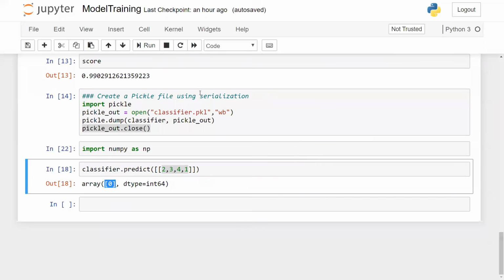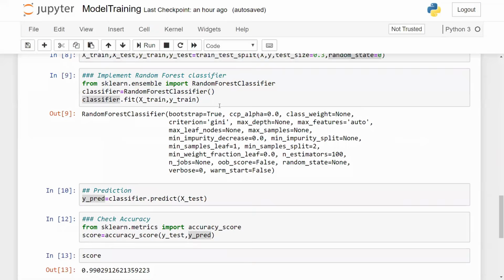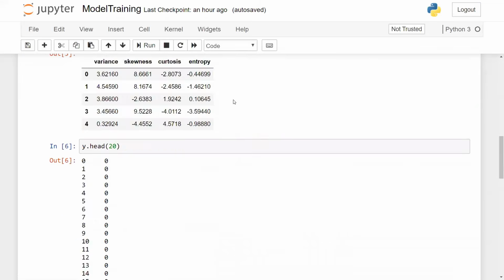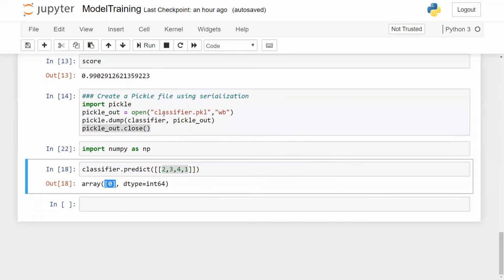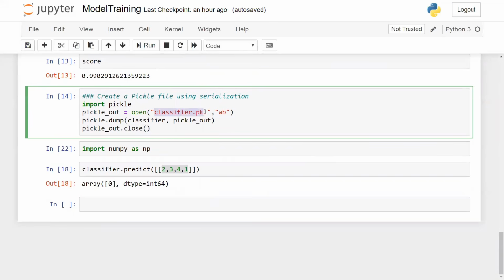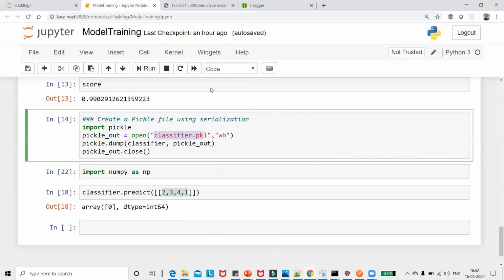This is the most simple example of any machine learning technique. Now I have created my pickle file. So this was the main thing I wanted to create, this particular pickle file. Now, quickly, the most important thing: